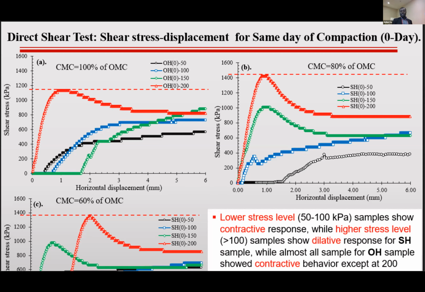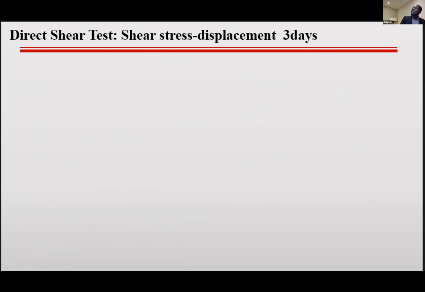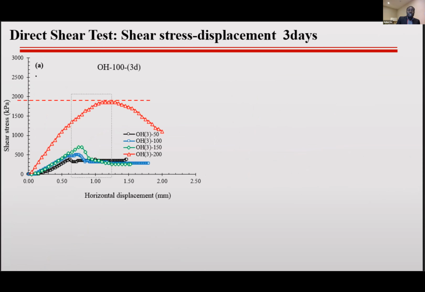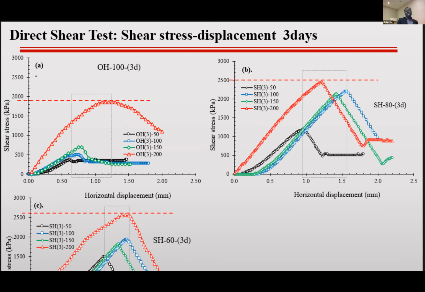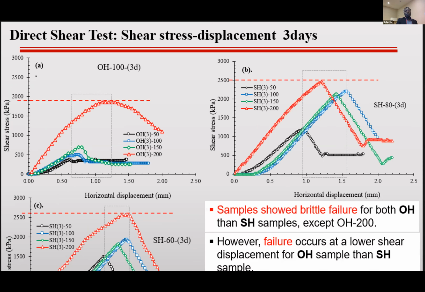One important thing that we observed is that, in terms of the maximum shear stress that we measured, the samples that experienced the sequential hydration increased about 30% and 36% for those that were prepared with the 60 and 80% optimum moisture content. Now, for the samples that were 3 days after the sequential hydration, this is for the optimum moisture content compared to the sequential hydration. Observation number 1,